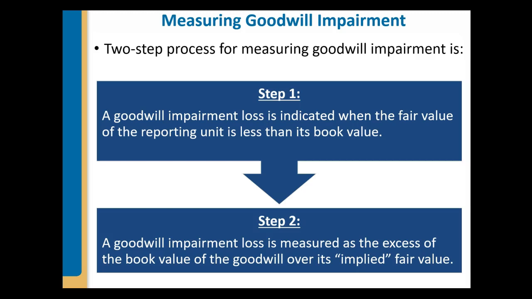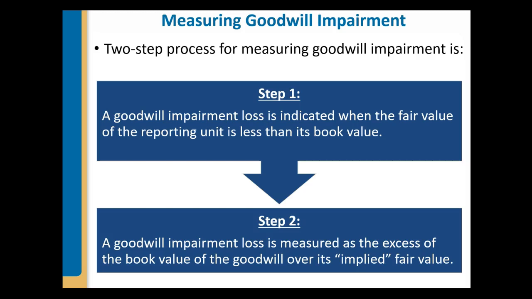Let's compare the two-step process for measuring goodwill impairment with the two-step process for measuring impairment for property, plant, equipment, and finite life assets. In step 1, for all classifications of assets, we decide whether a write-down due to impairment is required by determining whether the value of an asset has fallen below its book value. However, in this comparison, the value of assets for property, plant, and equipment and finite life intangible assets is considered to be value in use as measured by the sum of undiscounted cash flows expected from the asset.